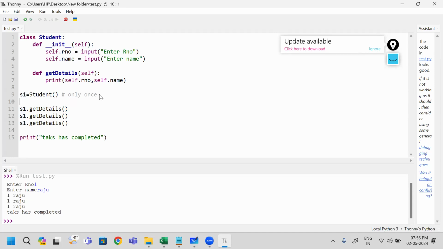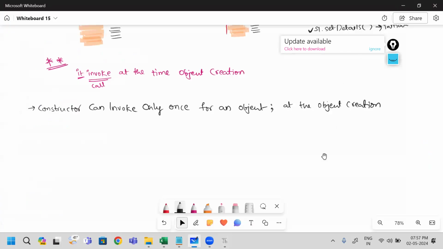So you have to ask one more question. Sir, I will write S2 equal to Student. Then the constructor is called. Then how can you say this is called only once? It is called twice. This is called twice only. But what happens? For each object, how many times will it be called? Only once it will be called. That you need to remember. Okay. So this is the way a constructor can be created and invoked. And we have seen how to pass arguments to the constructor also. Now we will go for